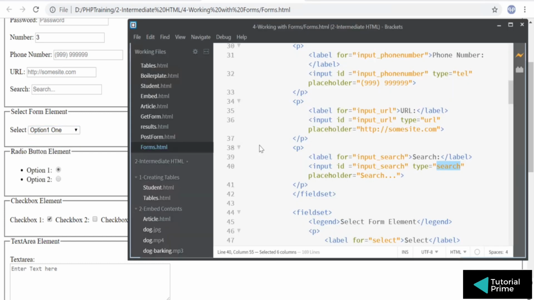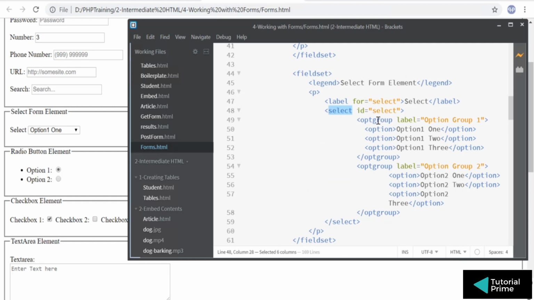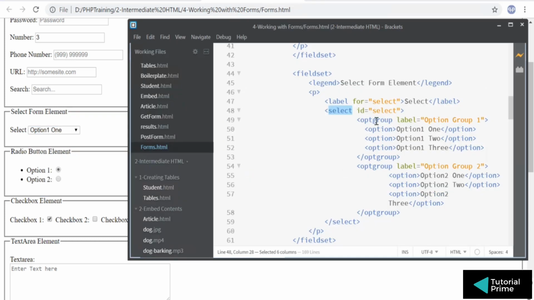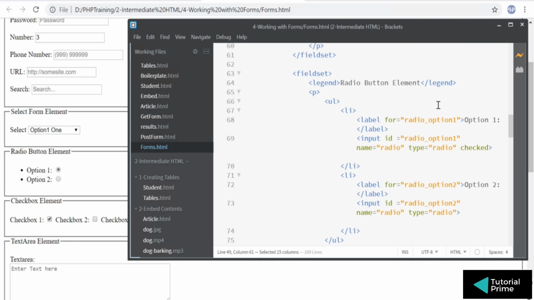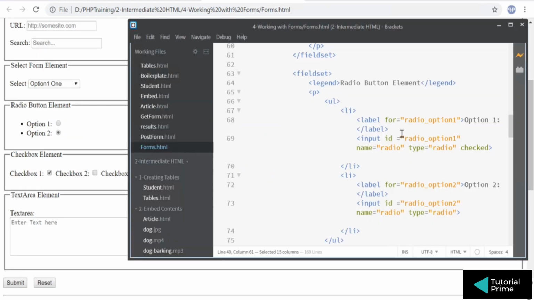You can create options using select. Select can have option groups. You can create groups in it, option group 1 and option group 2, and inside each option group you can create the options, and whatever label you give will be visible in the option. Next one is the radio button. If you want to create radio buttons, you use input and type as radio.